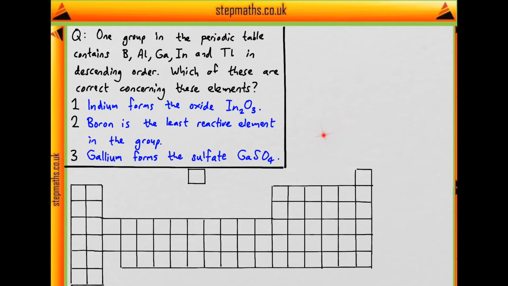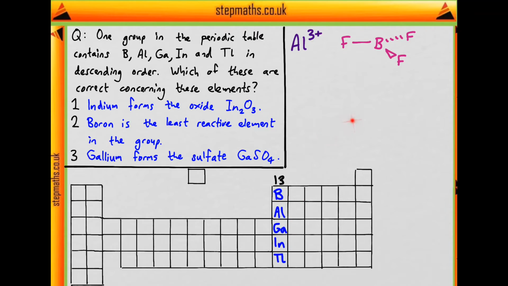So firstly, it would help massively if we knew which group in the periodic table this was, and if we don't know it already, we can work it out by knowing that aluminium always forms the Al3+ ion, or that boron forms molecules such as BF3 with this planar arrangement. And from these, what do we see? That they must have 3 outer shell electrons. So which group is it? It is indeed group 13. So they go down here like so.